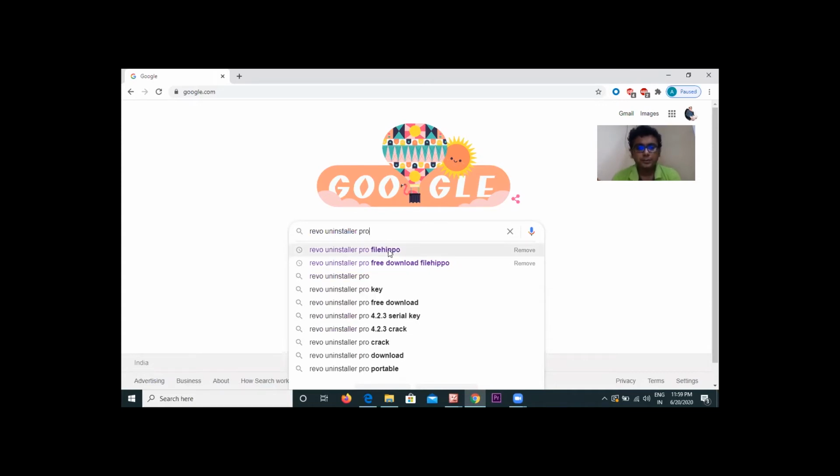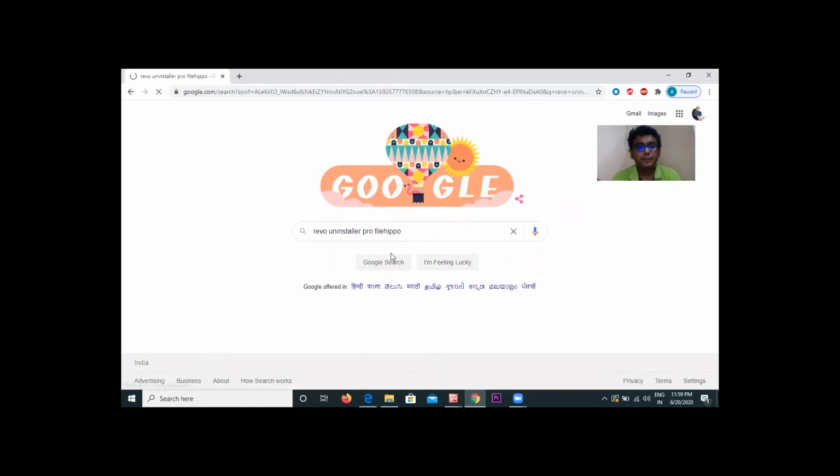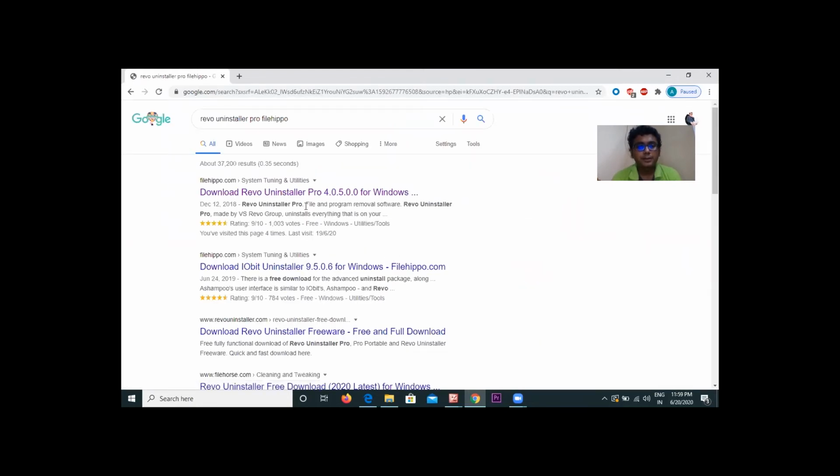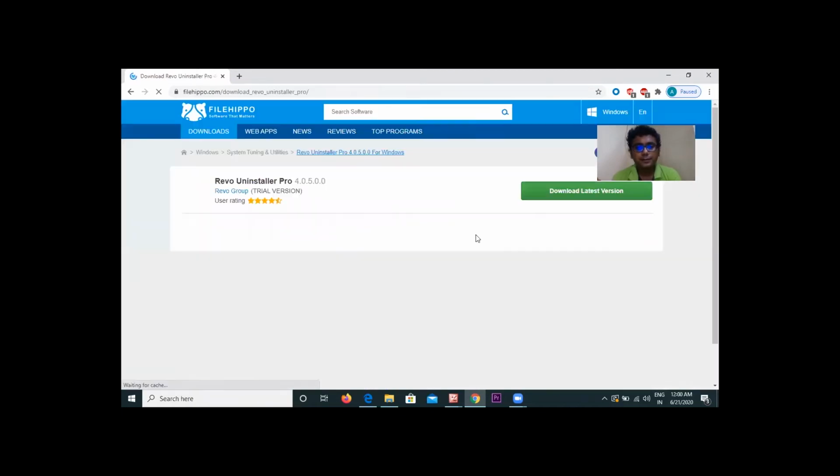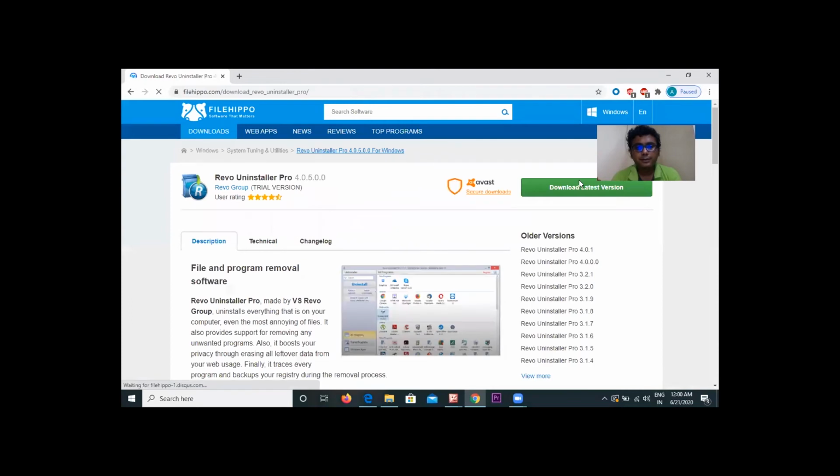The first one you can choose is FileHippo. Then open the first link. You can see the download option on the right hand side. Click on it.